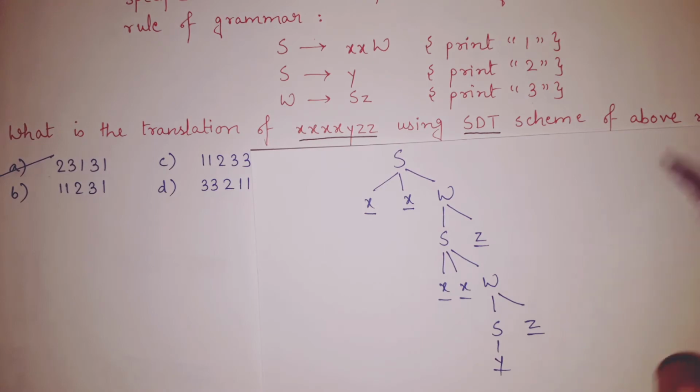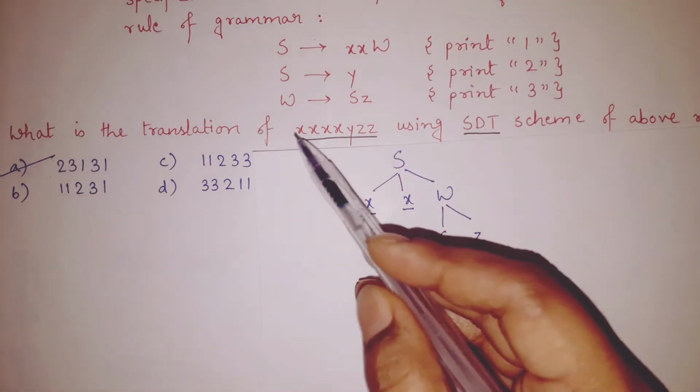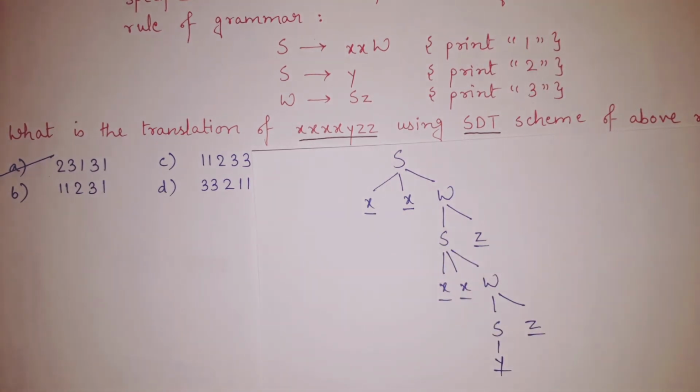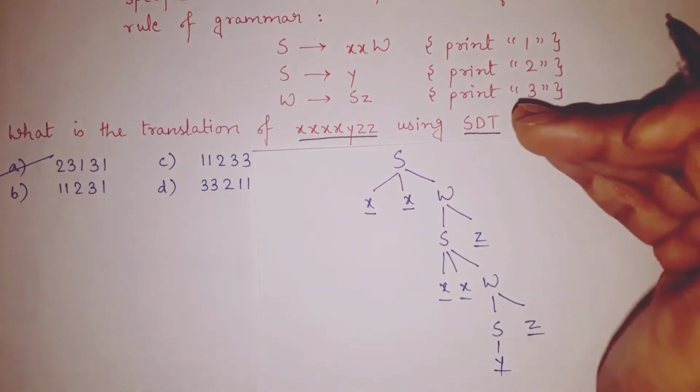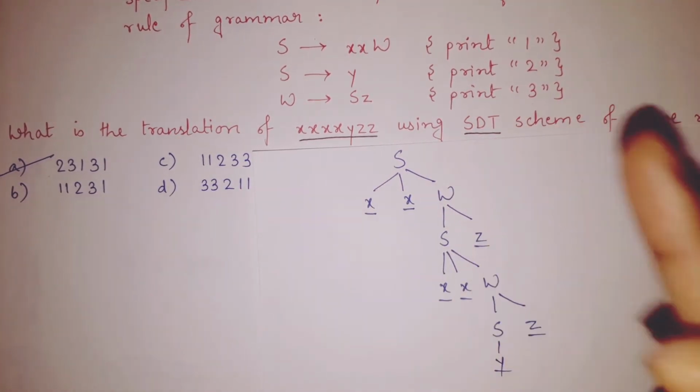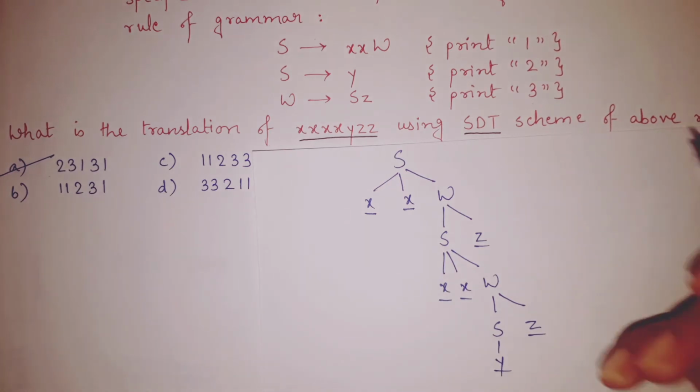So what we have done is we have made the tree with the help of the grammar, and we have taken care that we generate the string that is given. So my first task is over. Now what I want to do overall is parse this tree from left to right and top to bottom, and whenever there is a reduction, I have to perform an action. Now what is a reduction?